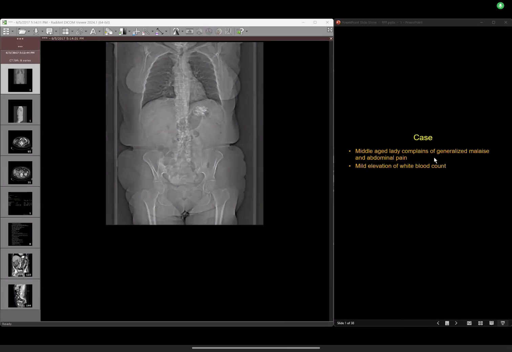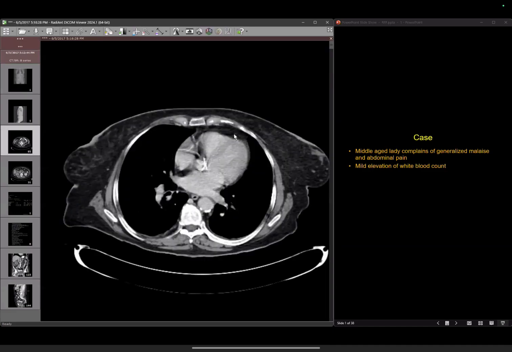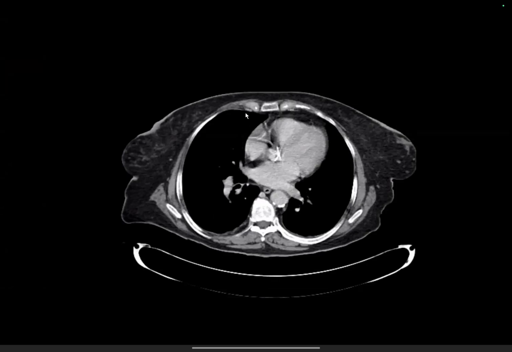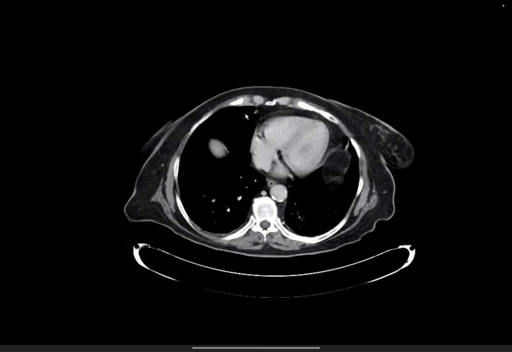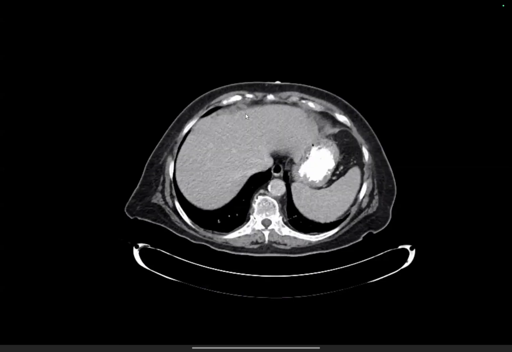This is a middle-aged lady who is complaining of generalized malaise and abdominal pain. She has mild elevation of white count. So let's start with the axial contrast enhanced images. So I'm going to slowly scroll through, and